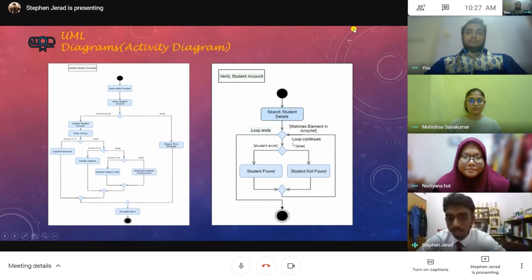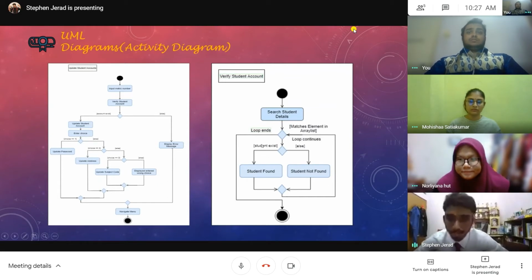So it will go into a loop, which matches the elements in the array list. It will search for the student details that we stored in our array list. In the array list, there are a lot of student details. So the search student details will go into the loop, and it will look over the elements in the array list to match or find the student that we search for.